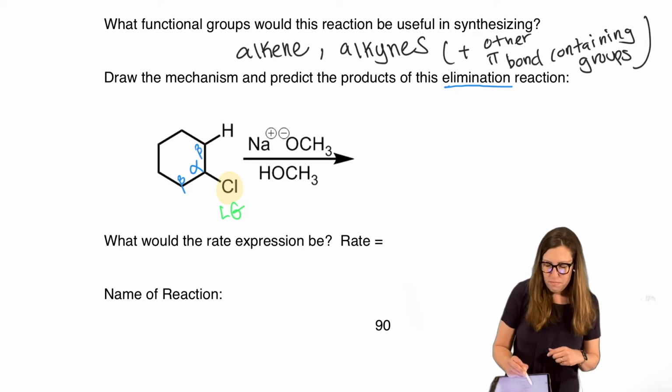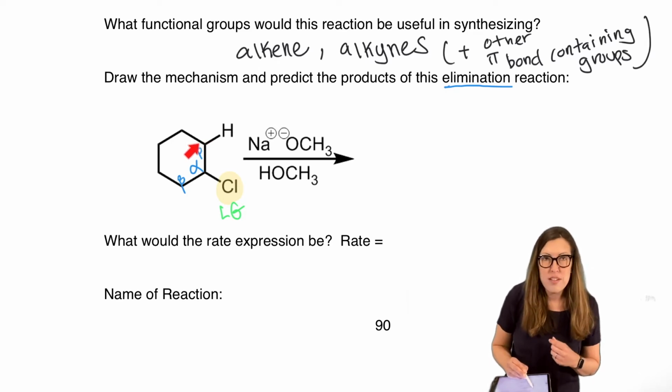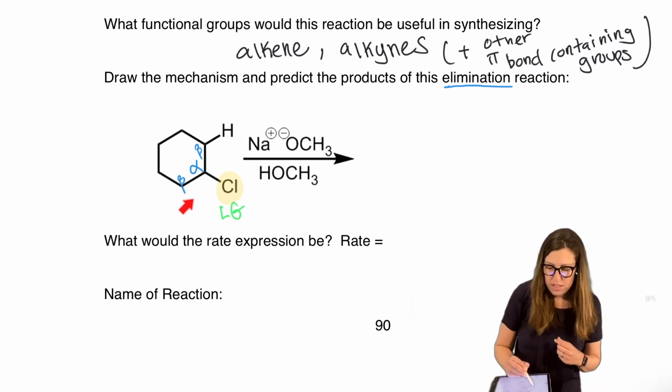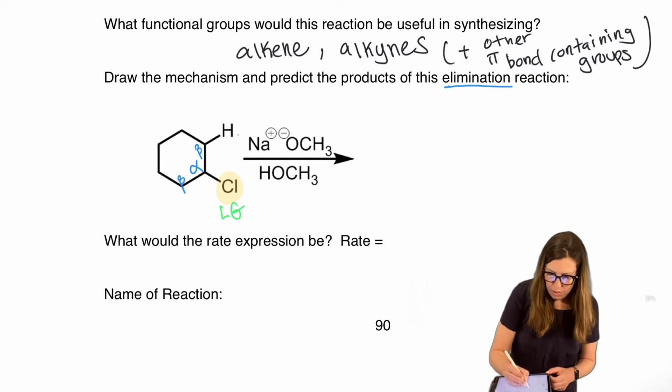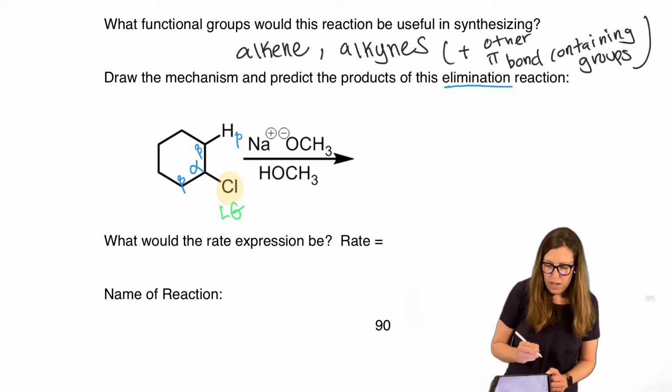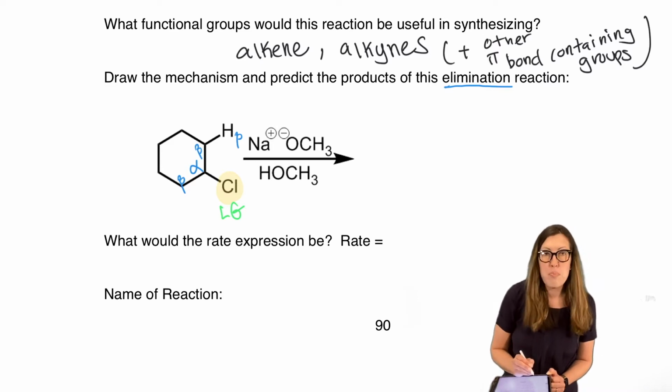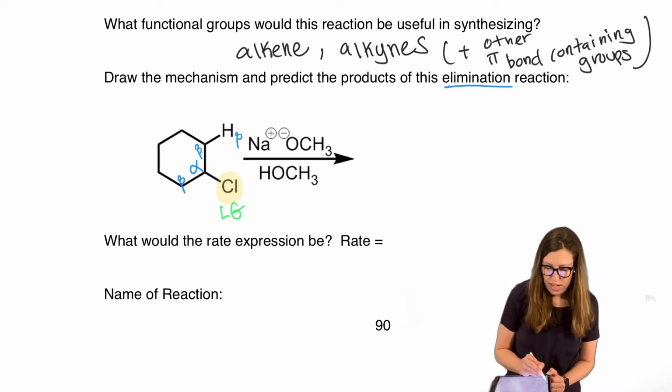So this one has the H drawn in for you, so that is, of course, the one we will look at. But I could have just as easily picked this beta carbon and its beta H. Okay, so there's my beta H. Now we're ready. If we're told we're doing an elimination reaction, we're going to treat whatever's over the arrow as a base. Who's our base over the arrow? Well, we have sodium methoxide and methanol.